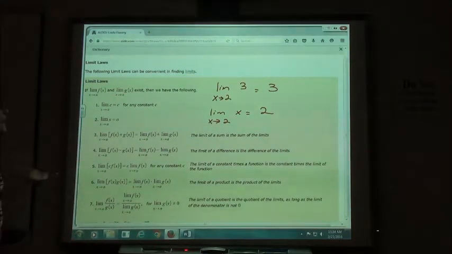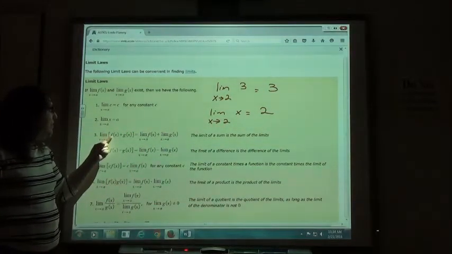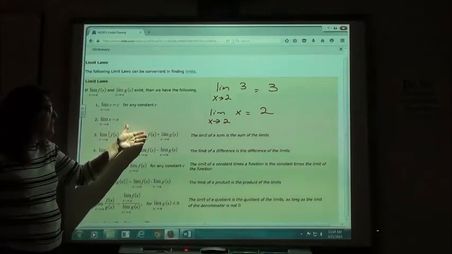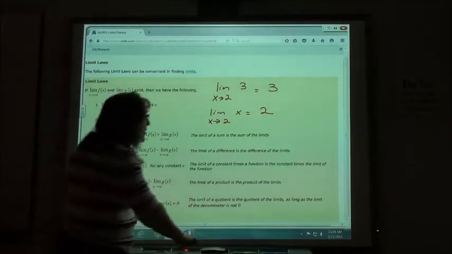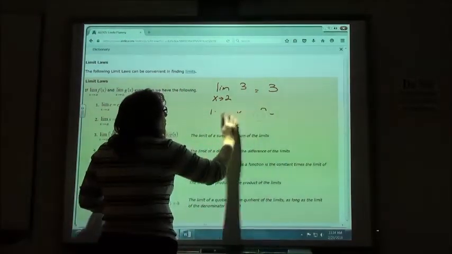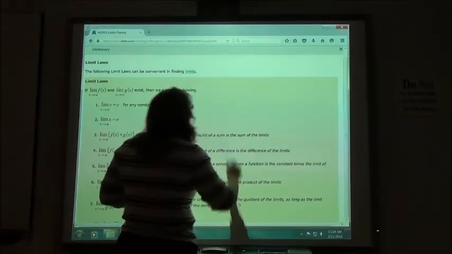All they're doing is saying that if I have a function with f of x and g of x, I can find the limit of each part of that separately and then add my answers together. So on the third one there, if I would have something like the,